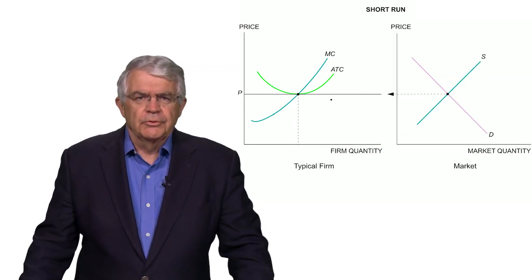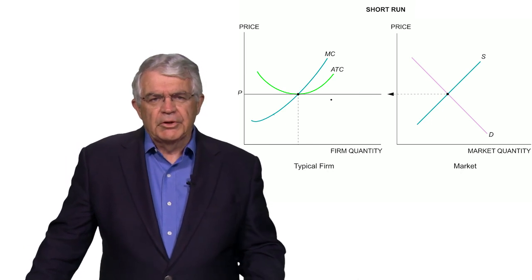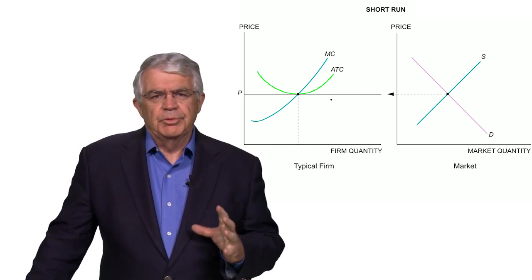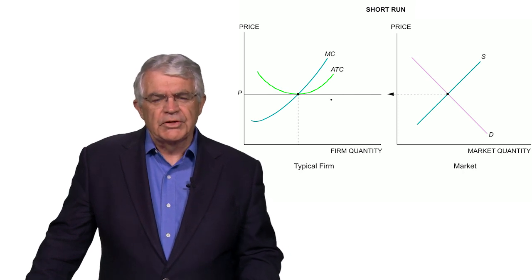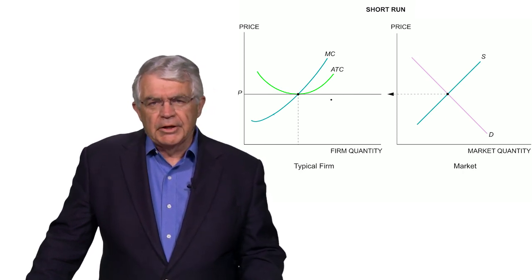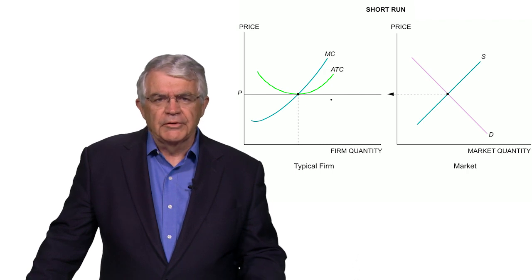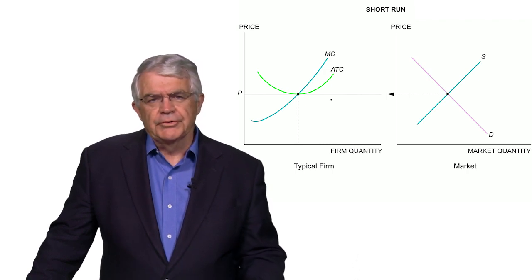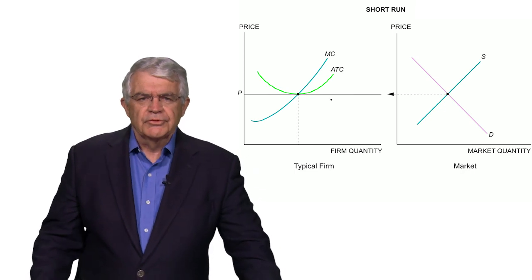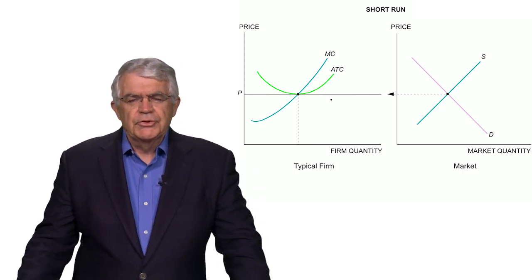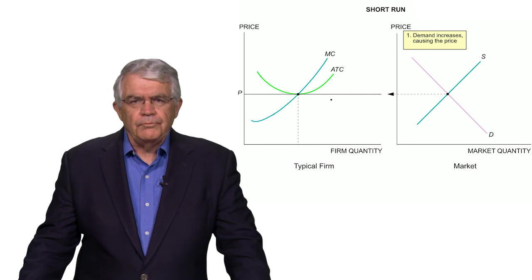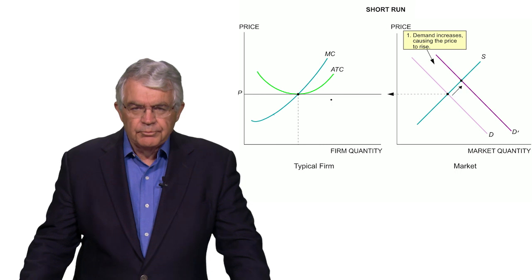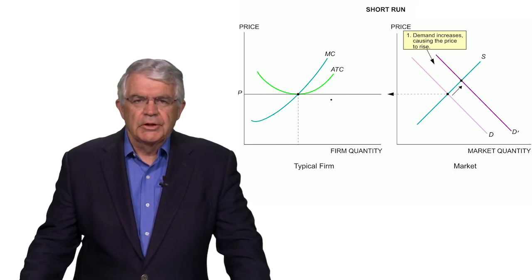So let's put the graphs up here. First of all, to start with, let's see what happens first in the short run. Again, the pictures are drawn just where there's this sense of balance on the left and on the right, supply curve intersecting demand curve at a price that intersects marginal cost on the left at the bottom point of average total cost. Now, let's see what happens. Suppose there's an increase in demand. So demand increases. There it is. The demand curve has shifted. We now get a new equilibrium at a higher price, as the arrow indicates.